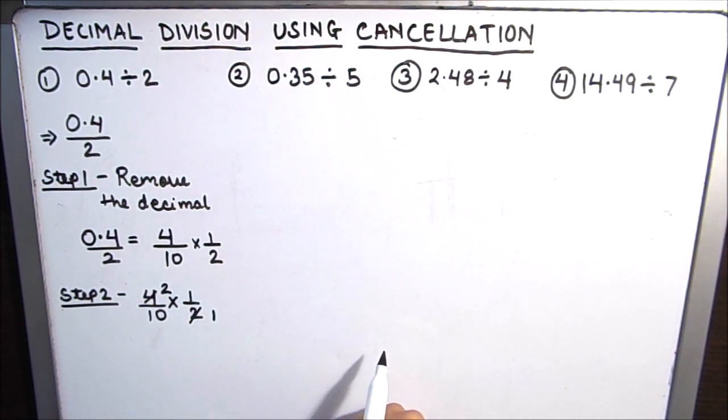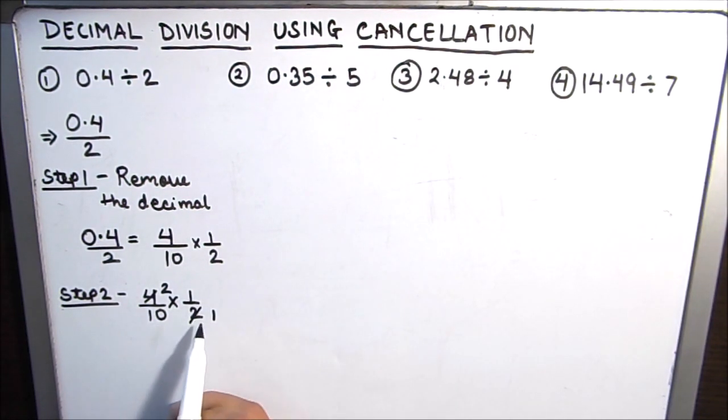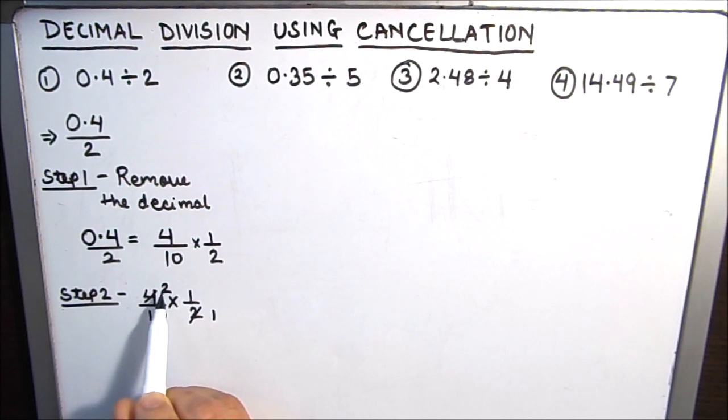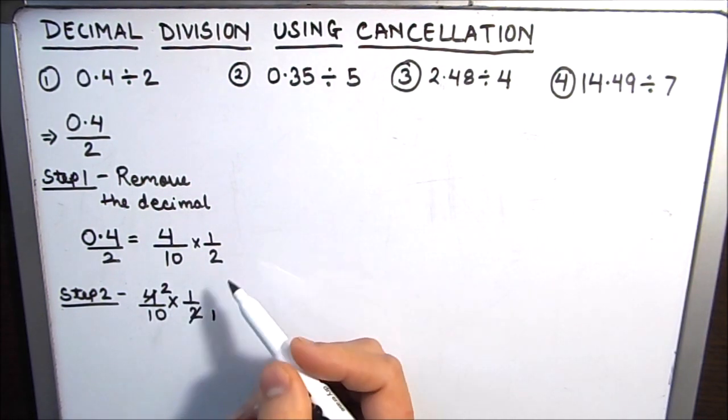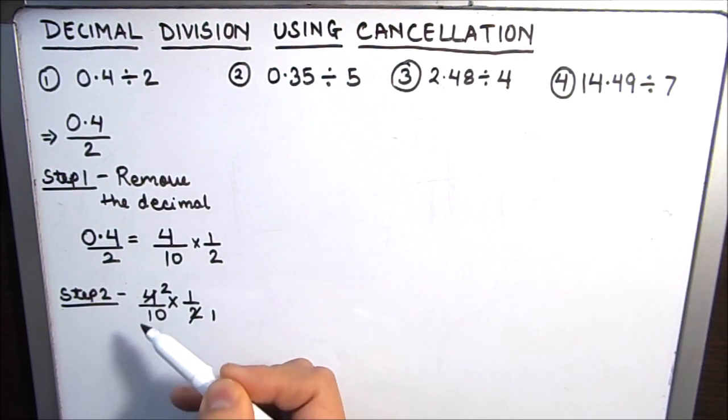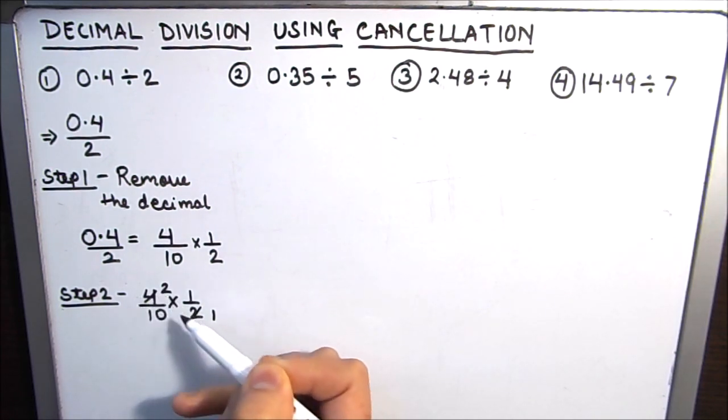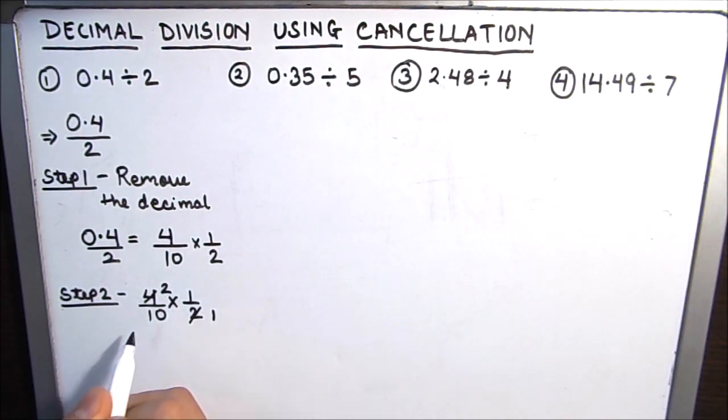One thing you need to keep in mind is that you have to cancel one term in the numerator and one term in the denominator. You cannot cancel the terms both in the denominator or both in the numerator. There should be one term in the numerator and one term in the denominator. That means we are dividing the terms. So here 2 times 1 and 2 times 2. Our question is now 2 over 10.